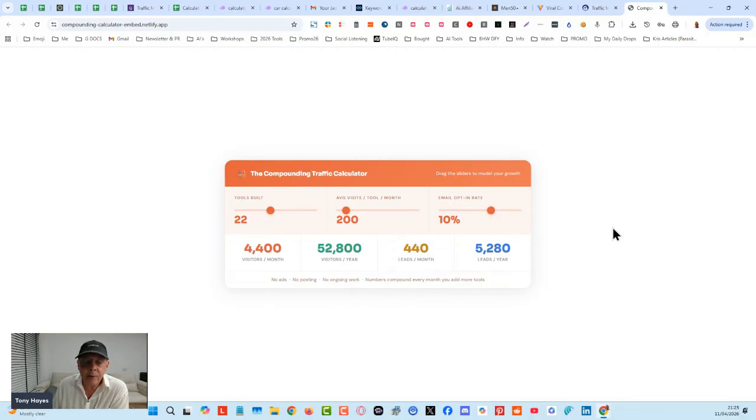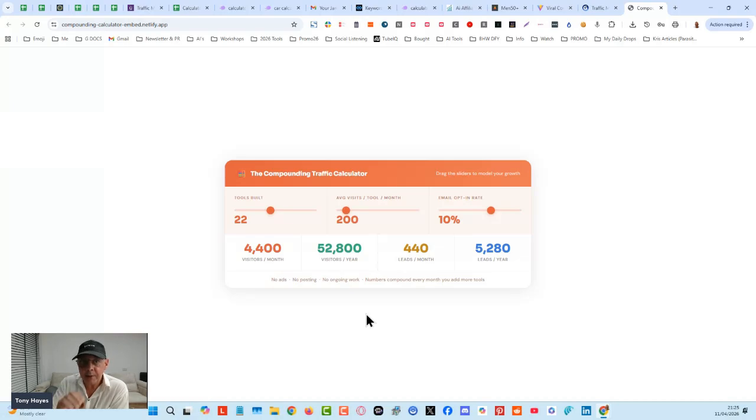And this is not ad traffic. We're talking about 52,000 visitors per year. This is where it gets really powerful, because the more tools we build, the more traffic we can expect to get, especially if we know what people are searching for and how many people are searching for it every single month.